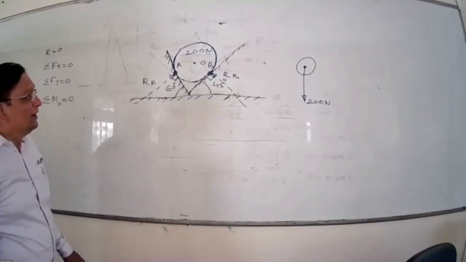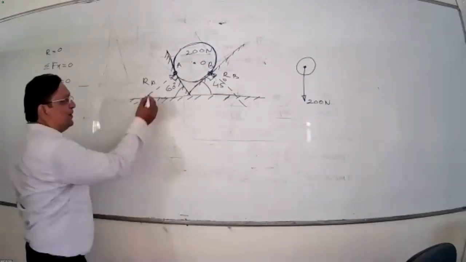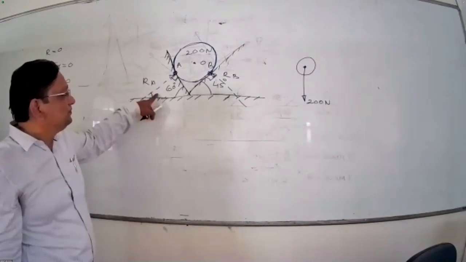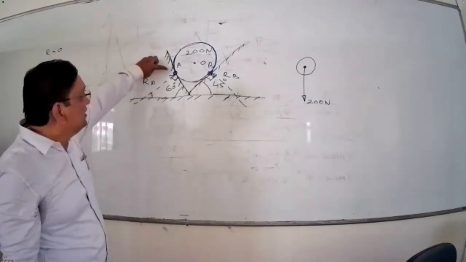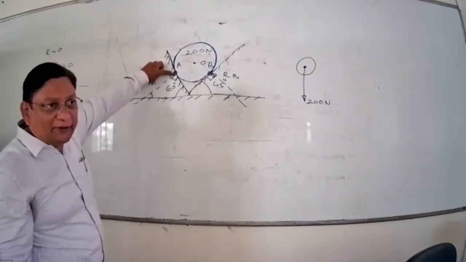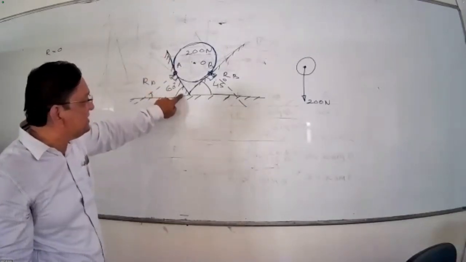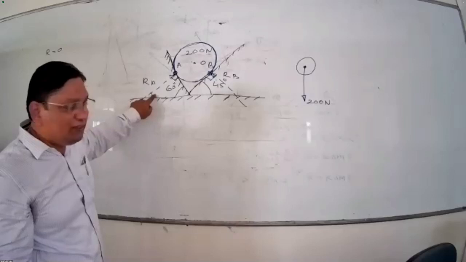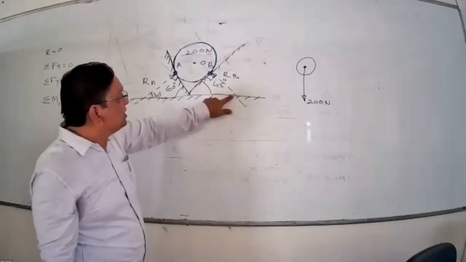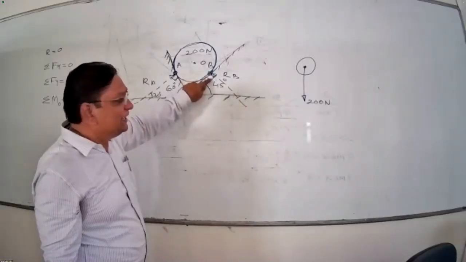And here, can anyone tell me how much will be this inclination? You understood this one? Whenever there is a contact, there will be reaction. So reaction at A will be perpendicular. This is 90, this is 60. How much will be this? 30. This will be 30. Move to this triangle. This is perpendicular, this is 90 degrees, this angle is 45 degrees. So how much should this be? 45. And now we show the forces here.